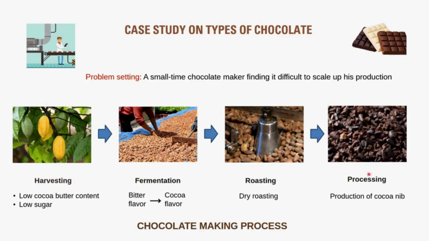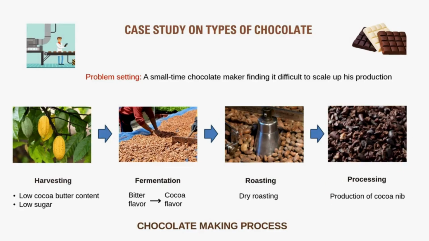The next part is downstream processing of your cocoa beans. This begins with roasting of beans at very high temperatures of 120 to 140 degrees Celsius for about 20 to 30 minutes. The idea of roasting is to trigger Maillard browning reaction, which contribute to generation of volatile flavor components, thereby enhancing the overall flavor profile of your cocoa beans. Apart from that, roasting helps in reducing microbial load and also the water content of your product.